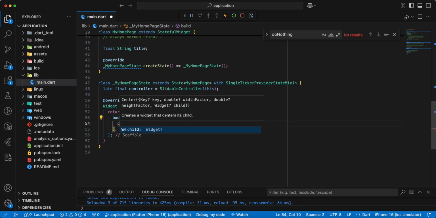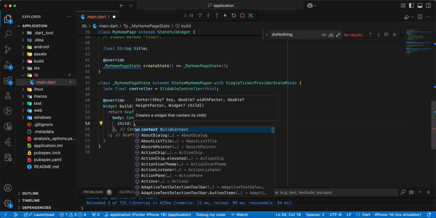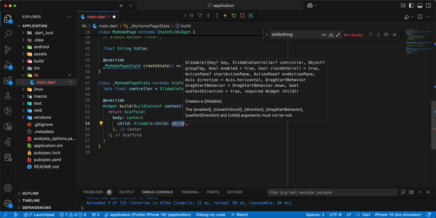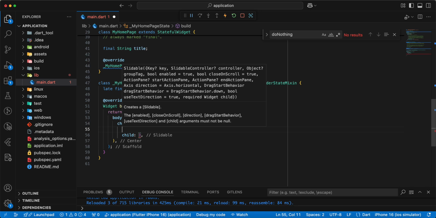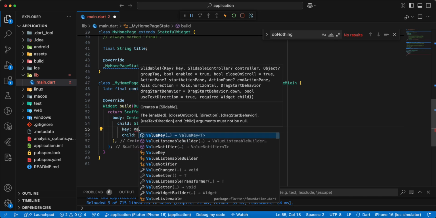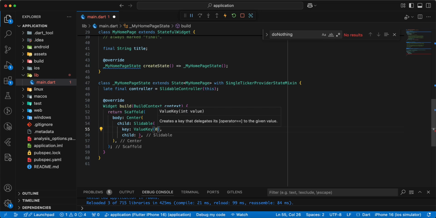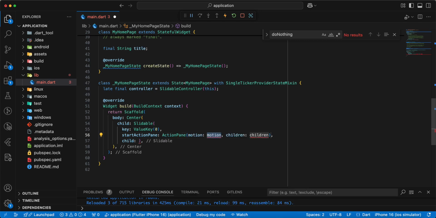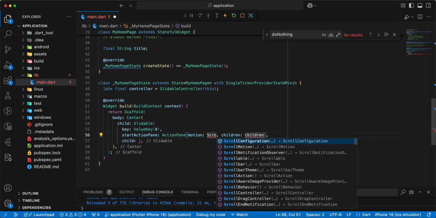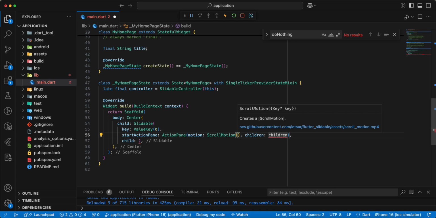Next we add widget Center, child, add widget Slidable, and we add parameter key, add ValueKey 0. Then we add parameter startActionPane, motion, we add ScrollMotion, then children,